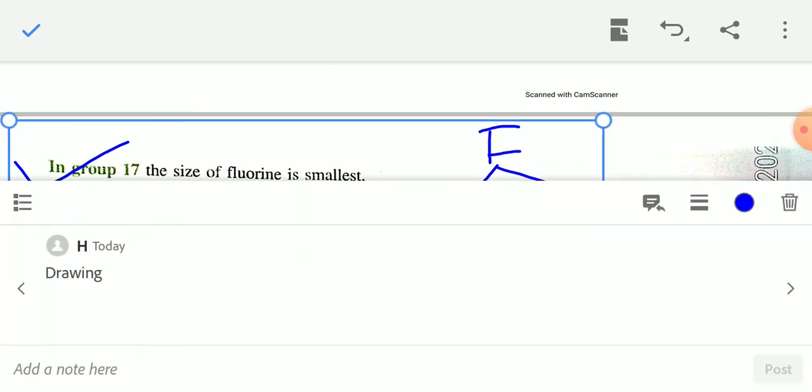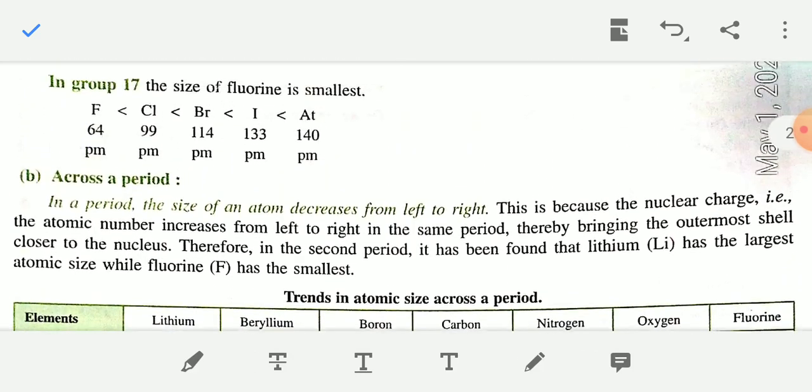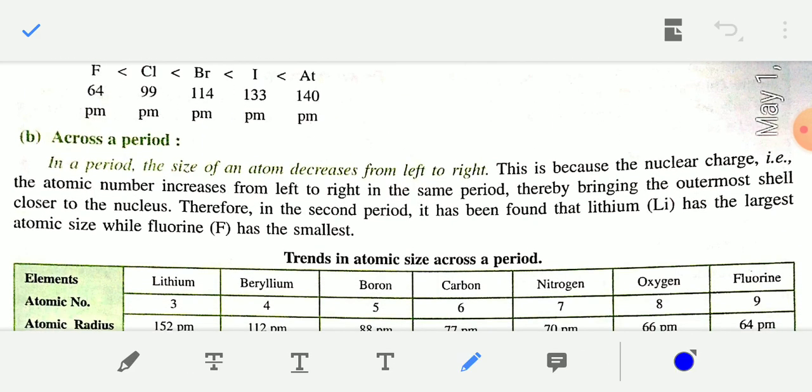Now see the change in atomic size across a period, that is from left to right. In a period, the size of an atom decreases from left to right. In a group, from top to bottom size increases, while in a particular period, the size of an atom decreases from left to right. This is because of the nuclear charge, here the factor is nuclear charge. This is because the nuclear charge, that is atomic number, increases from left to right in the same period,